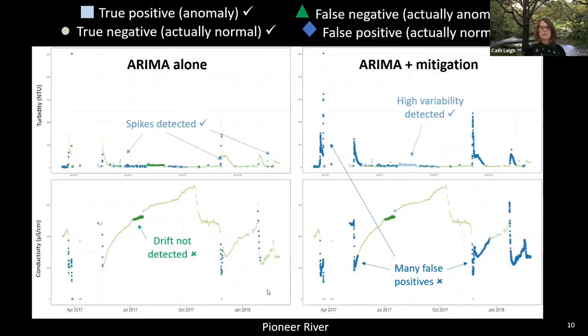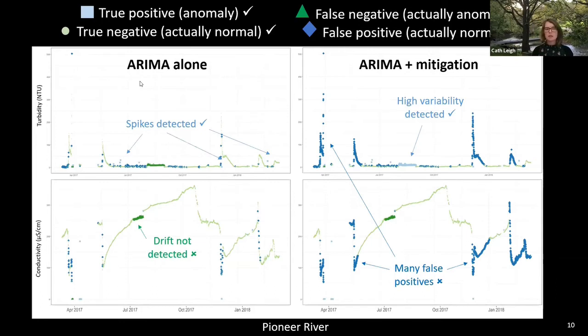Okay, so here we've got the data from the Pioneer River. As you may recall, we've got the time series for the turbidity data from this site in the top row, and then the conductivity data in the bottom row. Now, the difference between the two panels, the left and the right: